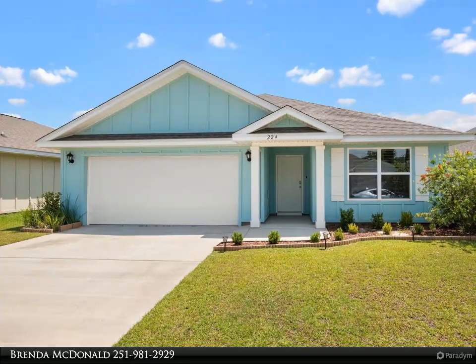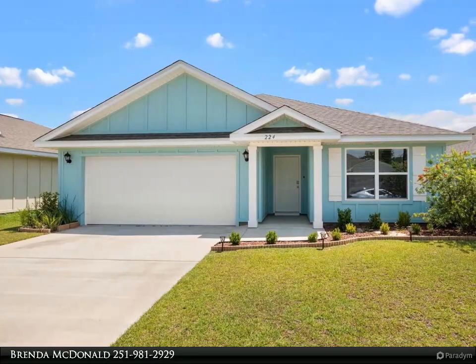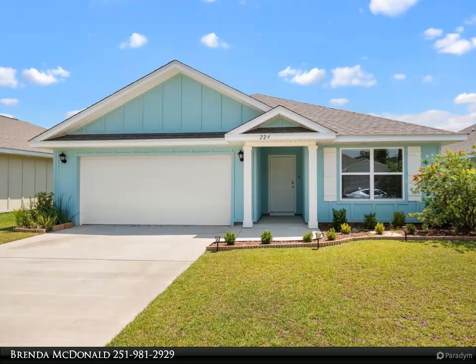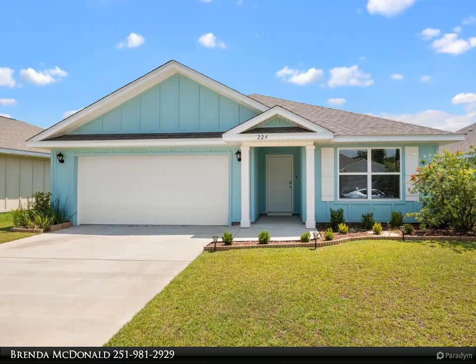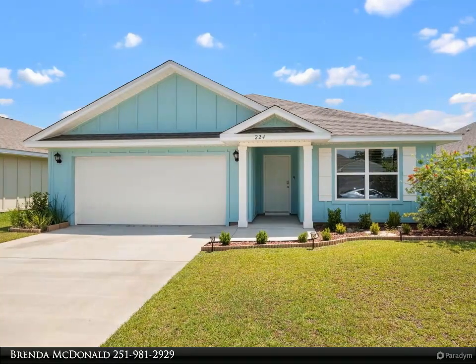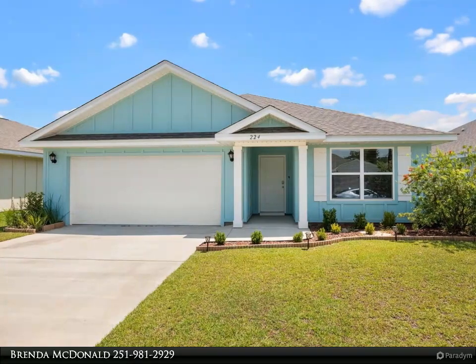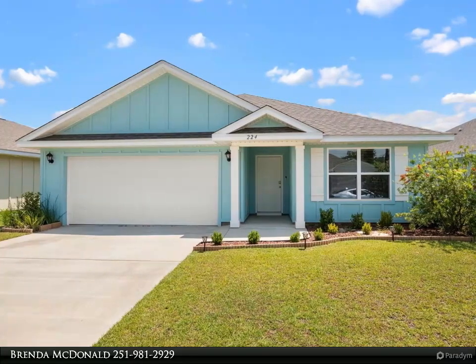Beautiful coastal cottage with spacious open floor plan just minutes from the beach. This home features vinyl flooring throughout, stainless appliances, refrigerator and washer/dryer convey with the sale, large pantry and island, a split floor plan. The 2 guest bedrooms are at the front of the home on either side of the guest